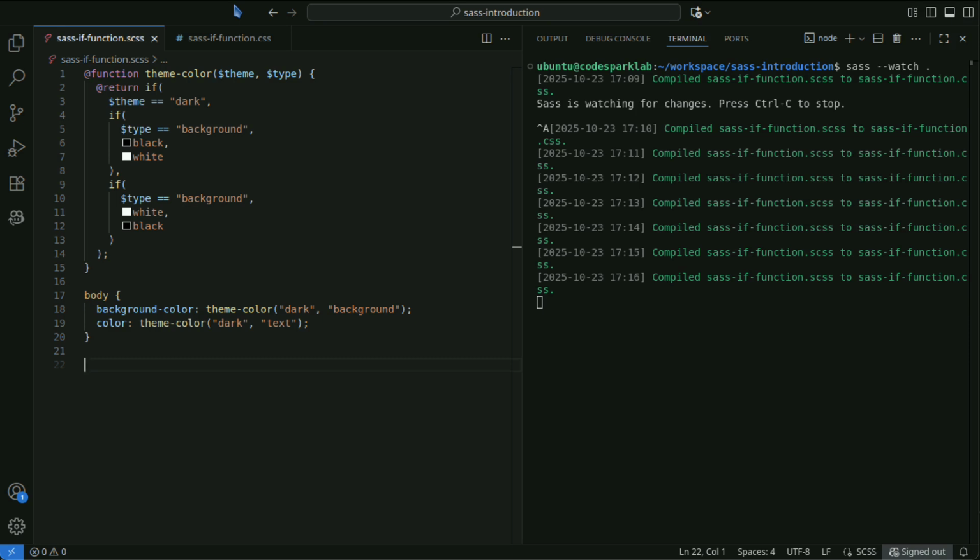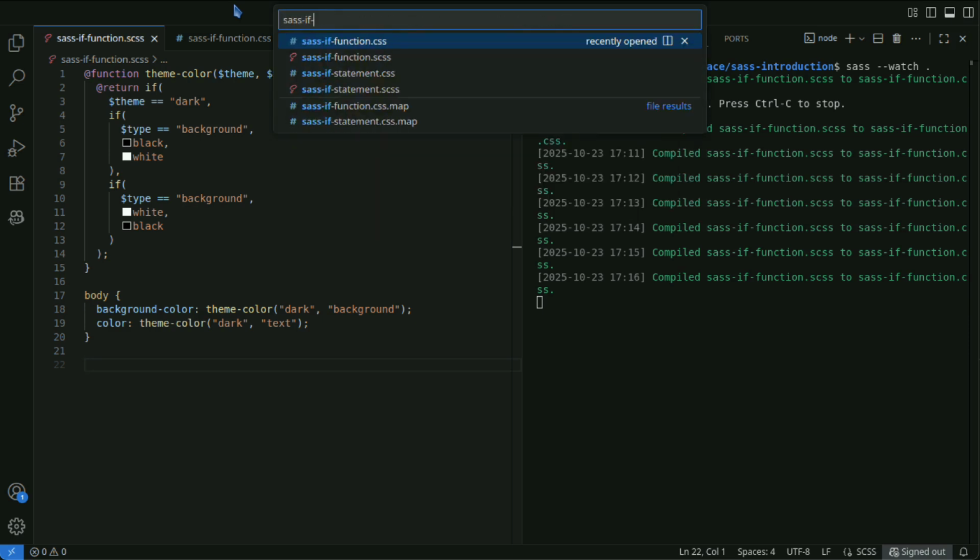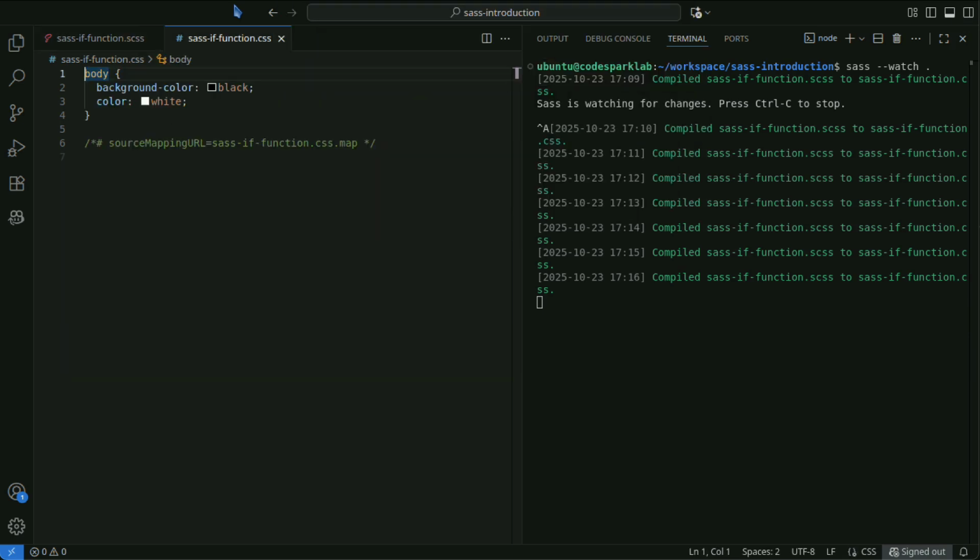This enables consistent and reusable style design for each theme. When the Sass file is compiled to CSS, it looks like this. By creating and using helper functions that leverage the if function, you can improve the maintainability of the entire project.